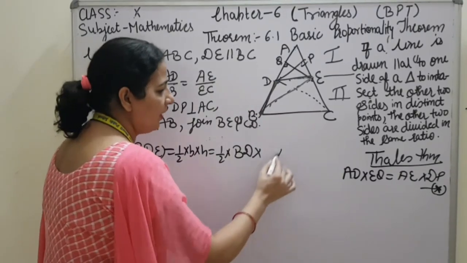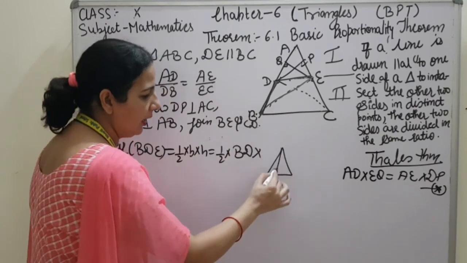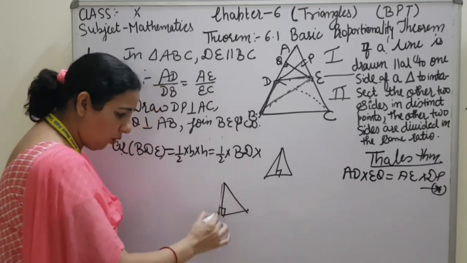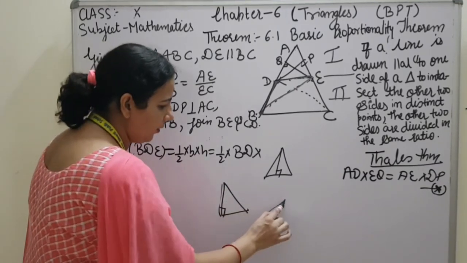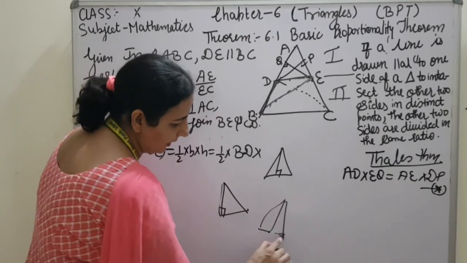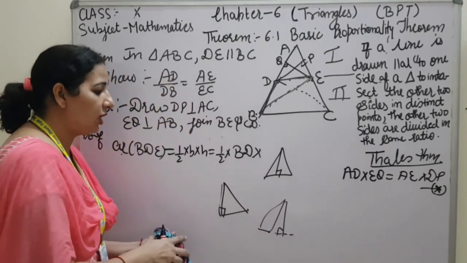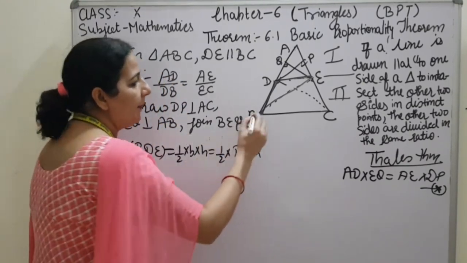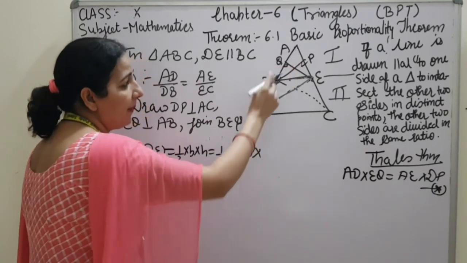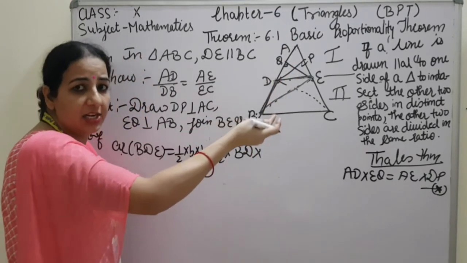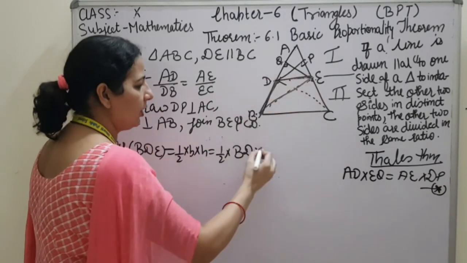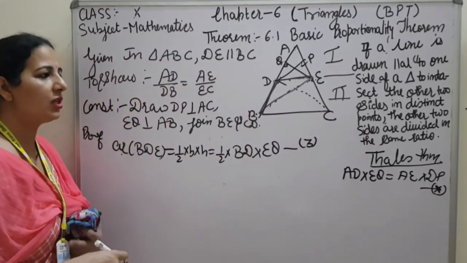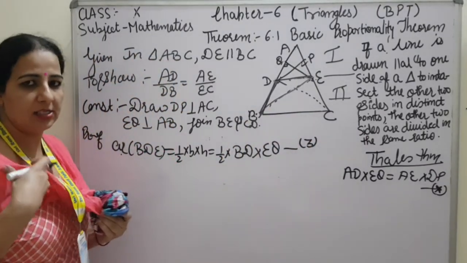But students, if you want to see the perpendicular in a triangle, the perpendicular can be inside the triangle, it can be on the side of the triangle, and it can be outside that triangle. It means maybe you are able to see the perpendicular after extending the sides. Clear? So here the perpendicular will be the line that is perpendicular on this line after extension also. So the perpendicular is EQ. I have written EQ here. This is equation number 3 because we have already used equation numbers 1 and 2 in our previous equations.